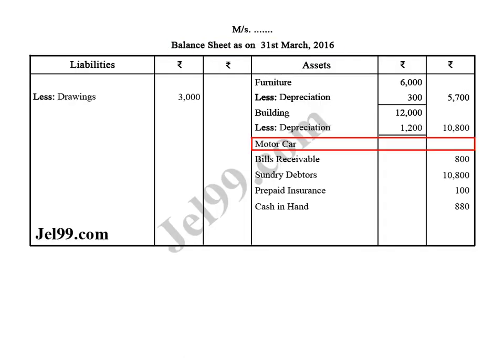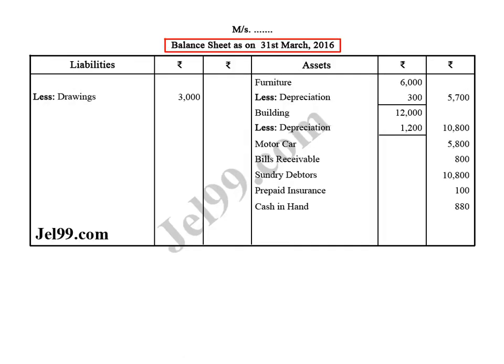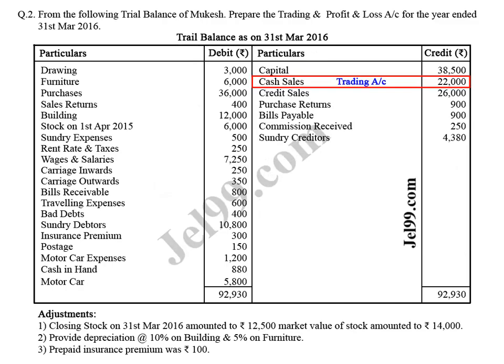38,500, this is shown in balance sheet, liabilities side, capital account of rupees 38,500 in a column, so 38,500 minus 3,000 is equal to 35,500. Then cash sales of rupees 22,000, this is shown in